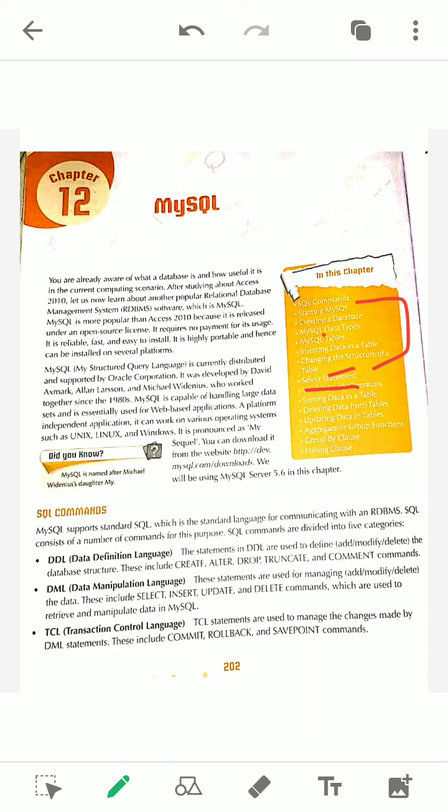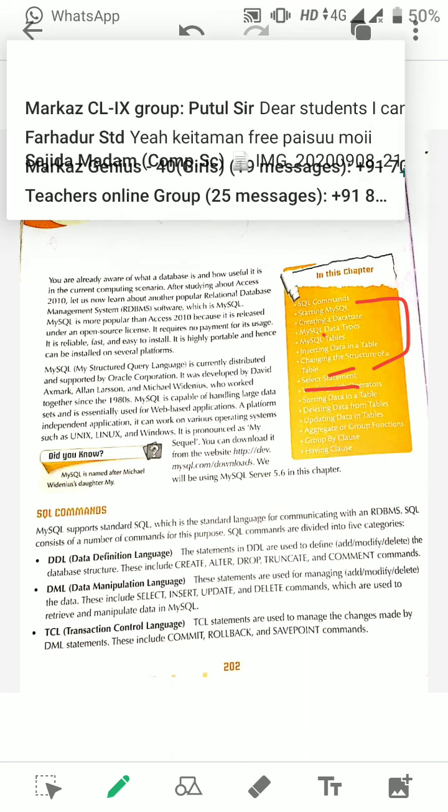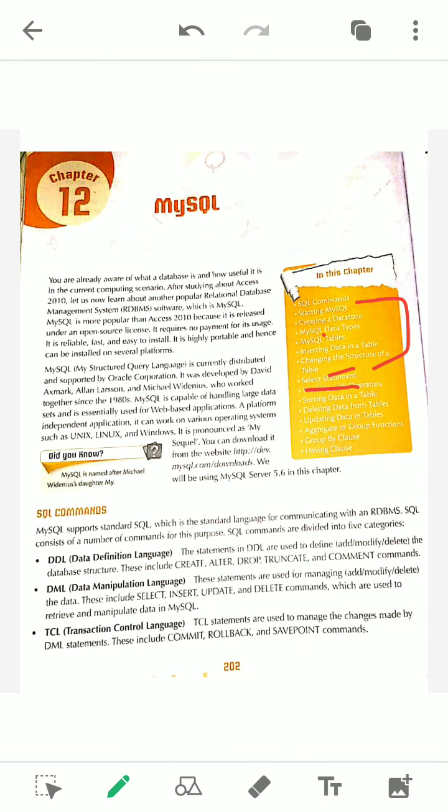Otherwise I would have started this chapter when school resumed. I was thinking that, and I already told you several times, that this chapter would be discussed after school is resumed. But we have to take a risk and go through the chapter with rigorous practice.